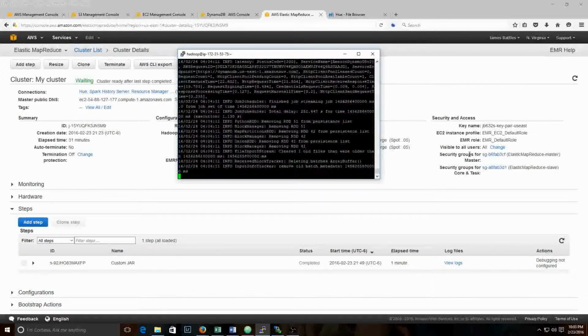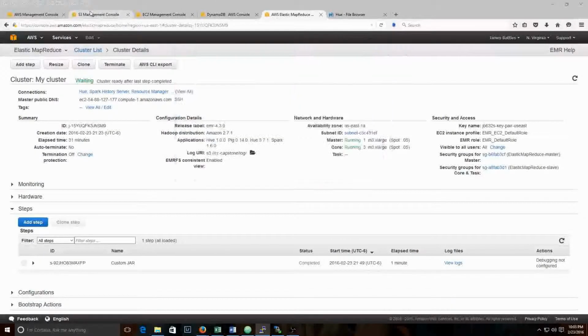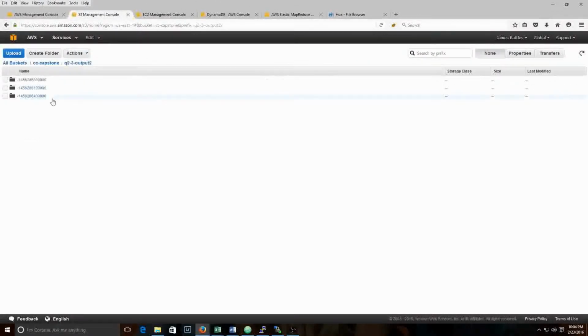So my Spark application is finished running. It takes roughly 12 minutes to run this, and now it should be saved as a text file in my S3 instance. You can see here the different folders it was creating on the different intervals, and here are the text files